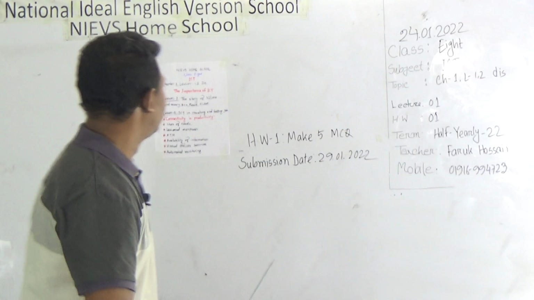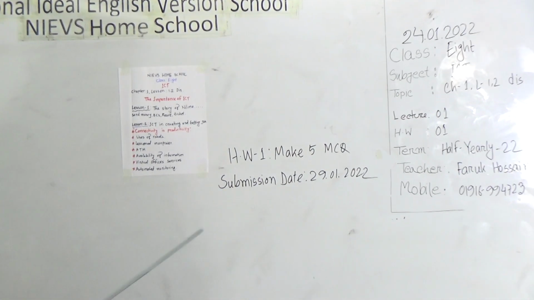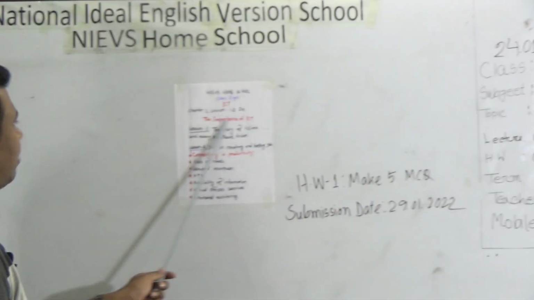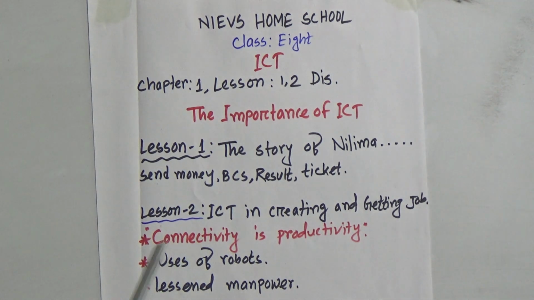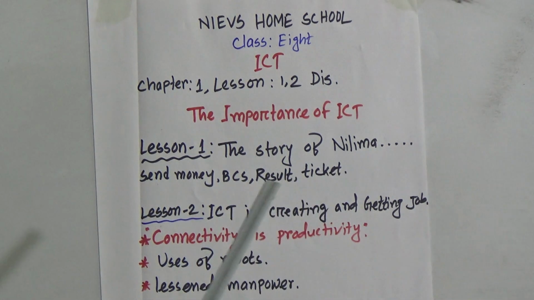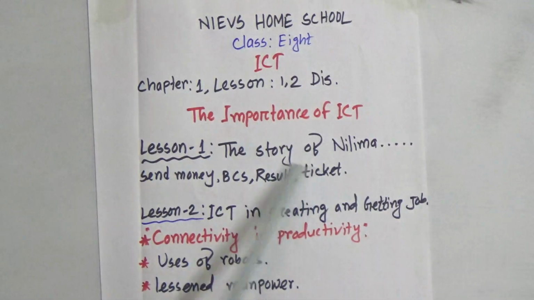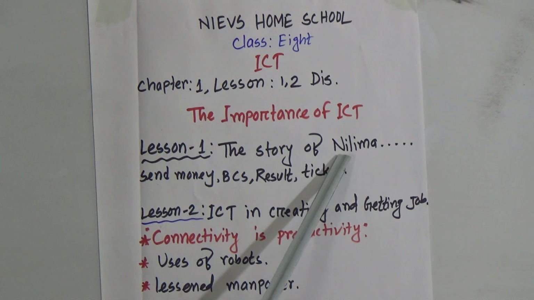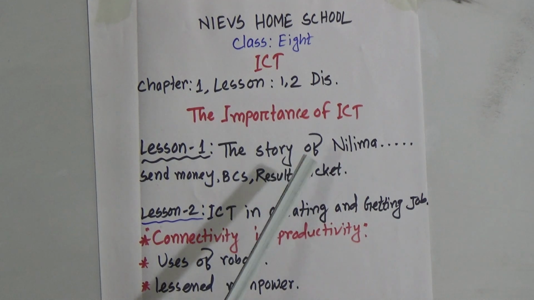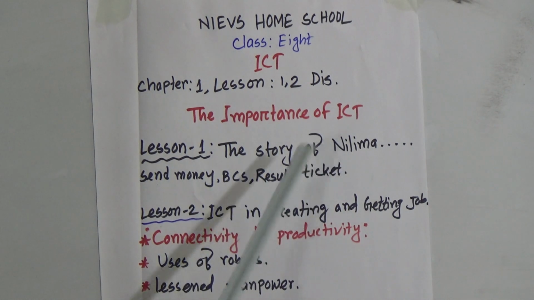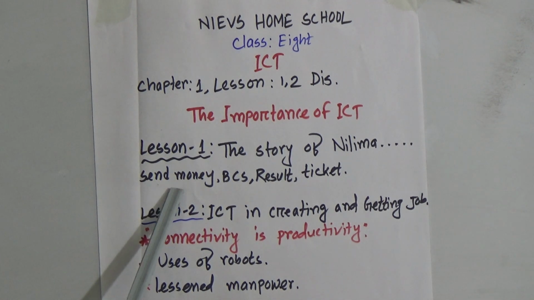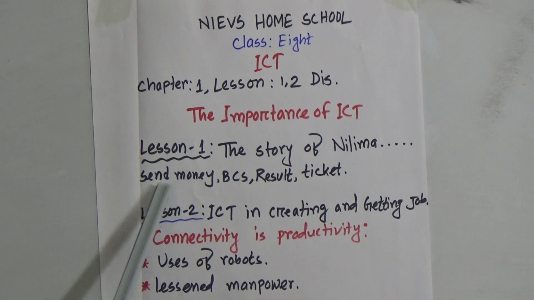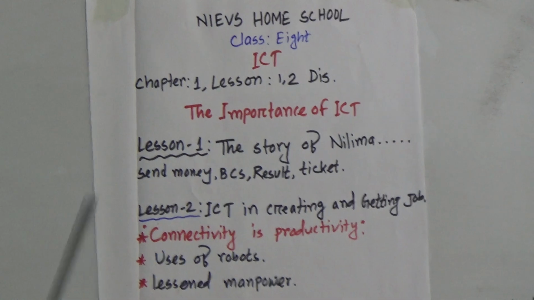Dear students, I have summarized these 2 lessons. It's about the importance of ICT. It's your first chapter. In lesson 1 you will get a story about Nilima. In the book it's written that Nilima is a girl of class 5 who got her result, but she also has a brother living in Dhaka. In the book we get that Nilima's father lives abroad and he sent money through his mother's phone. Okay, so dear students, to send money through phone,